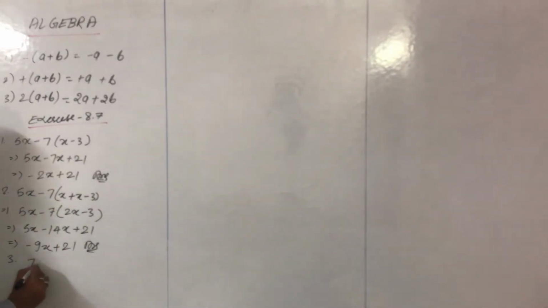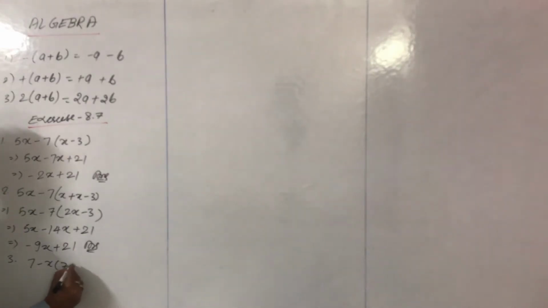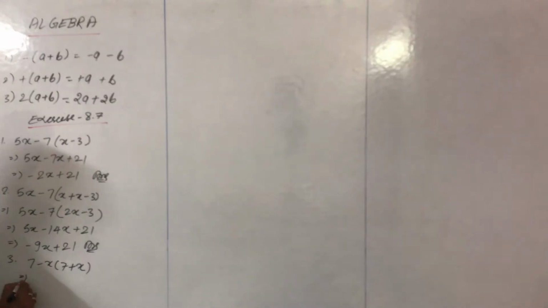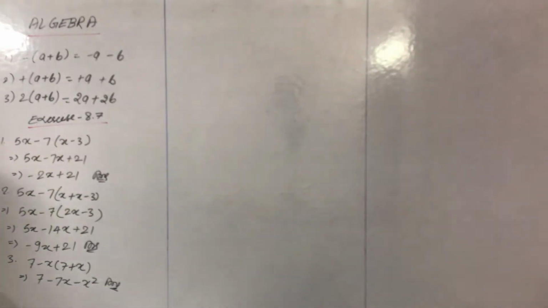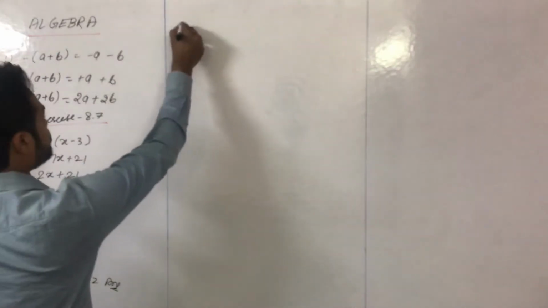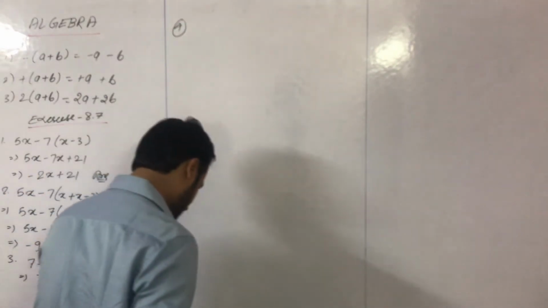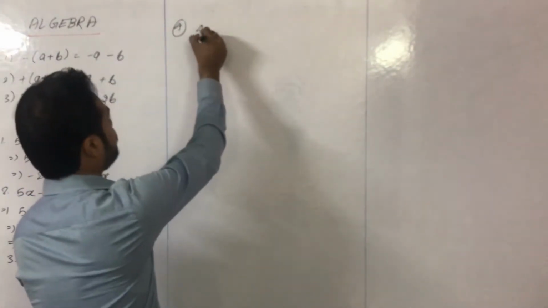Next, question number 3. The statement is (7 minus x)(7 plus x). So in the next step, 7 minus x and 7, so minus 7x, and minus x plus x after multiplication, minus x square. This is the answer. Then we have the fourth question, fourth statement, 4y